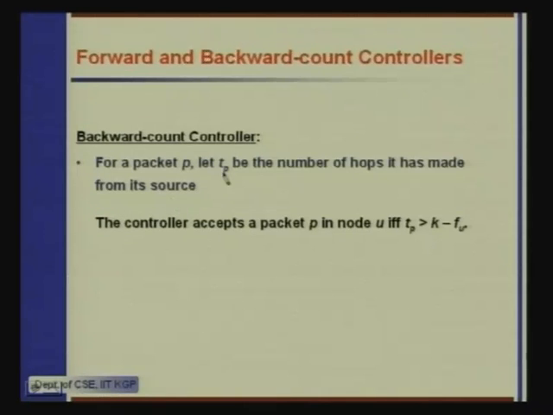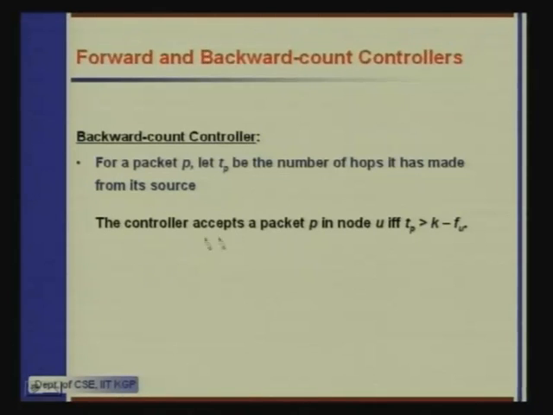Instead of having Sp, which is the number of hops it still has to go, we use Tp, which is the number of hops it has made from its source, right. So, every time the packet makes a hop, the hop count in the packet is incremented by 1, right. So, the packet knows how many hops it has made,